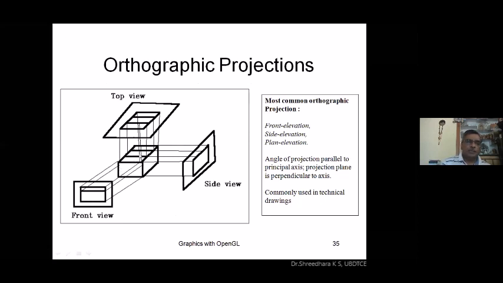We can see only the front view, just like a small rectangle with one line that specifies the two lines here. There is a front support line and this is the back support line. This distance is shortened here. If you observe, that is the front view. We cannot say whether it is a 3D object.